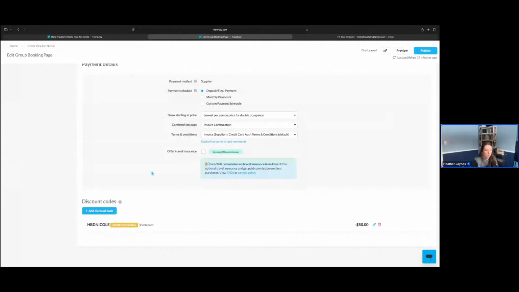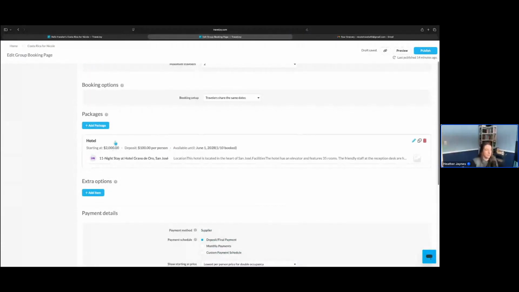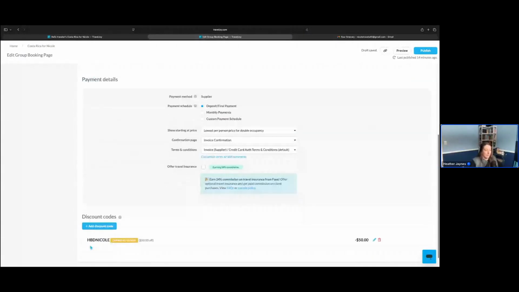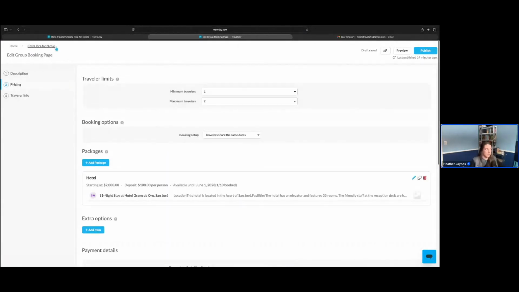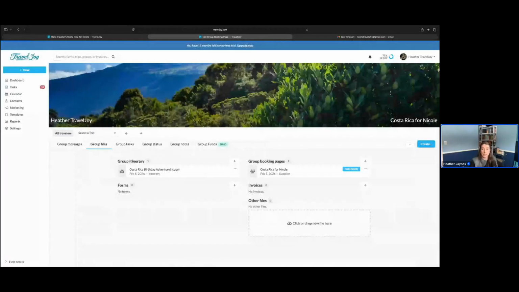Now, it is important to know that when you're creating these discount codes, the dollar amount or the percentage must be less than what their total balance will be remaining after their deposit, or else it won't be able to calculate or apply correctly. So, if this total package price was, let's say, $4,000, and the discount code made the total balance less than that, then the discount code wouldn't be able to work appropriately. So just keep that in mind when you're making the discount codes. But I do see that Chelsea shared a guide on that as well. So make sure to check that out.